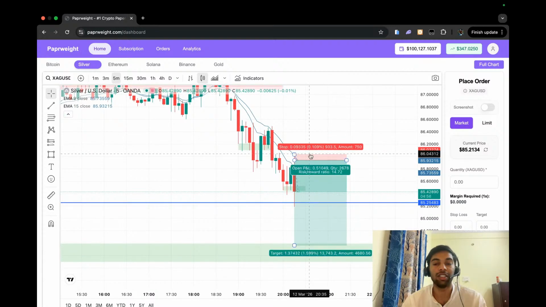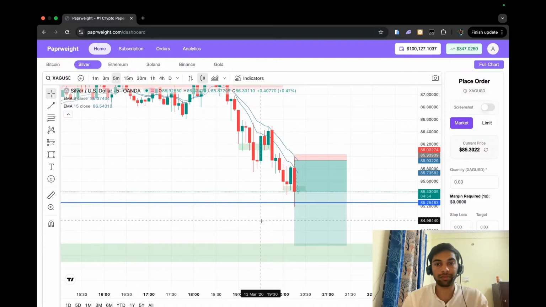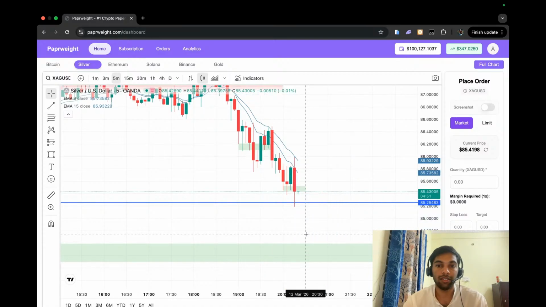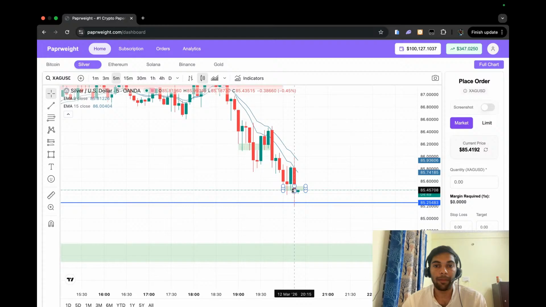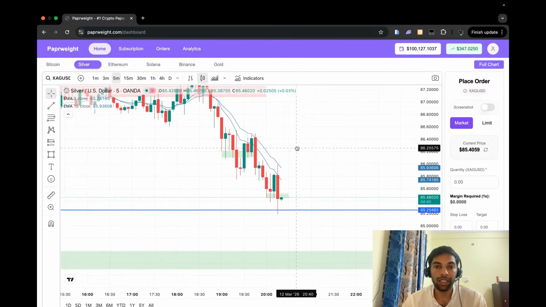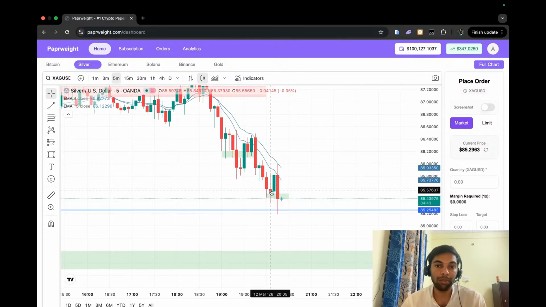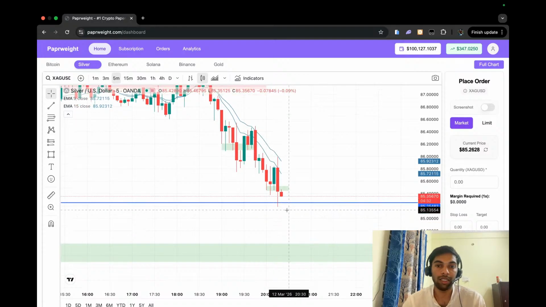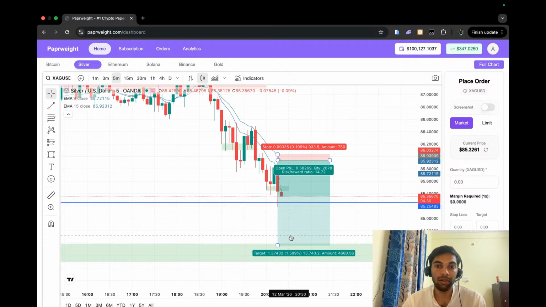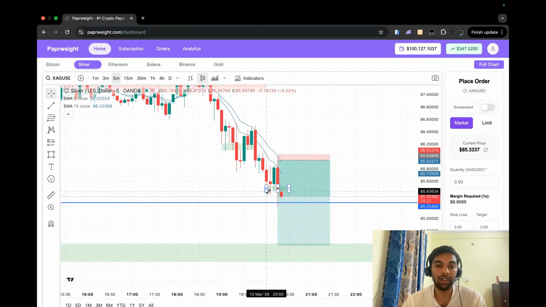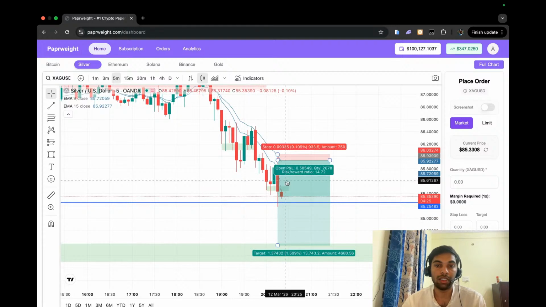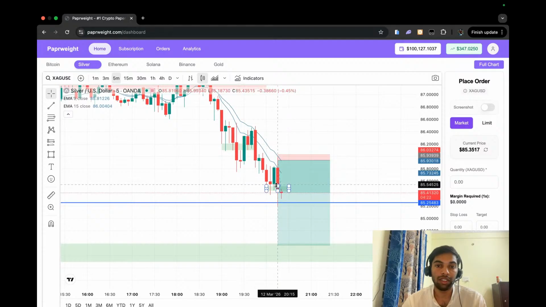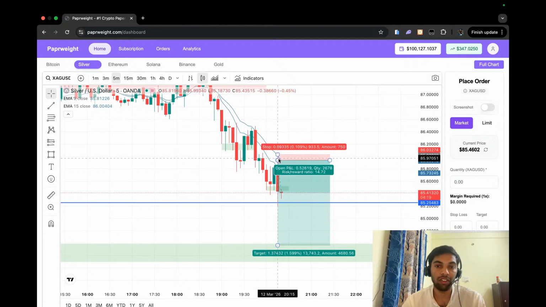Let me summarize what I did. Market is in a low zone. I'm planning to short here, but I am waiting for the pullback. The pullback came, creating a temporary buying zone. Let me rewind it. My original target is this, let's see if it reaches or not, but after this the market went up here and started facing rejection again.